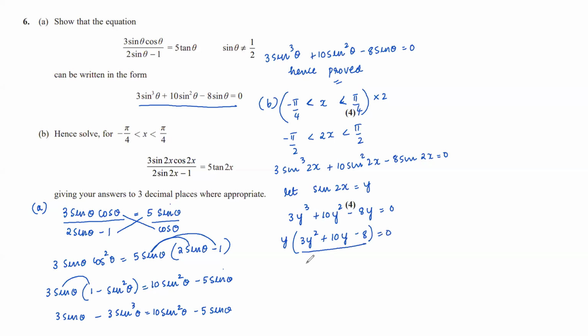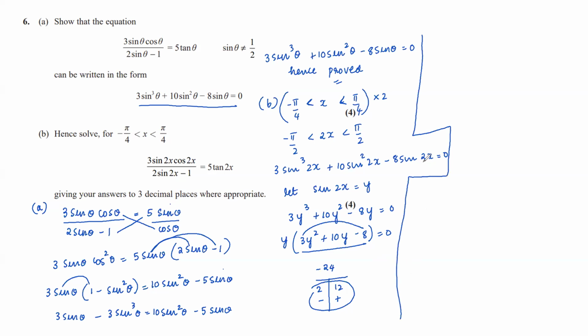Factorize it. 3 into minus 8 is minus 24, so we need to find the factors of minus 24. We need two numbers such that when we multiply them we get minus 24, and when we add them we get 10. That is positive 12 and minus 2. When we add these two we get 10, and when we multiply them we get minus 24. So splitting the middle term, we are going to use